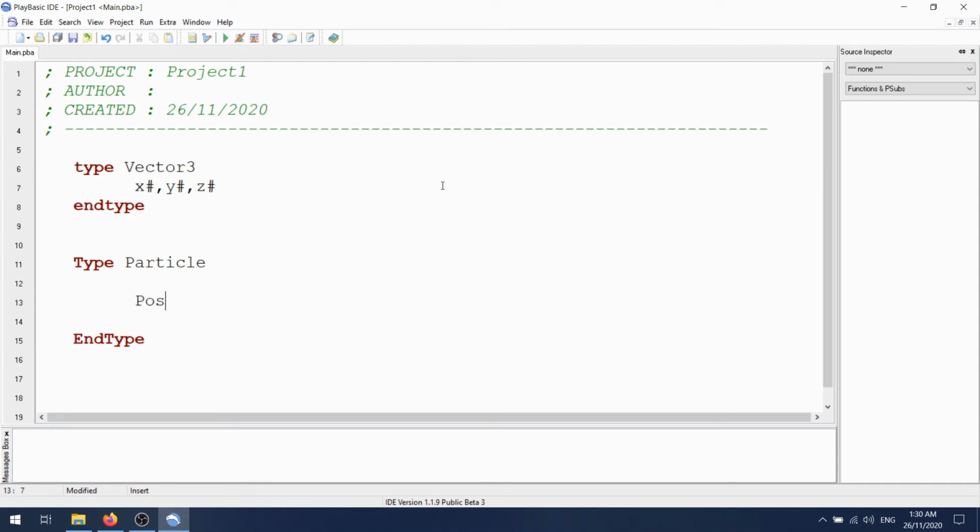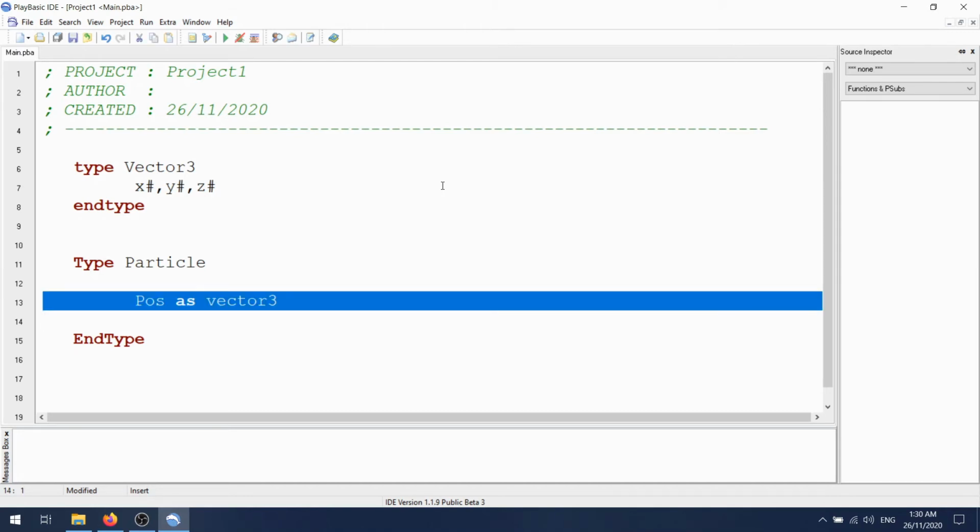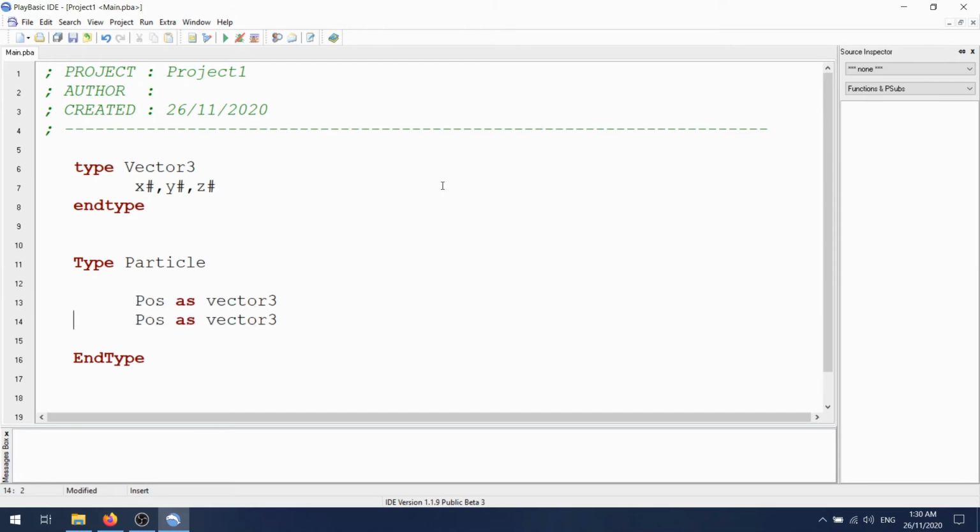So we might have our position as vector 3. Something simple. So this is our speed or velocity. Here we've got a gravity or some sort of external force, whether it's gravity or wind or something like that in the particles. Or, I don't know, I'll call it gravity.